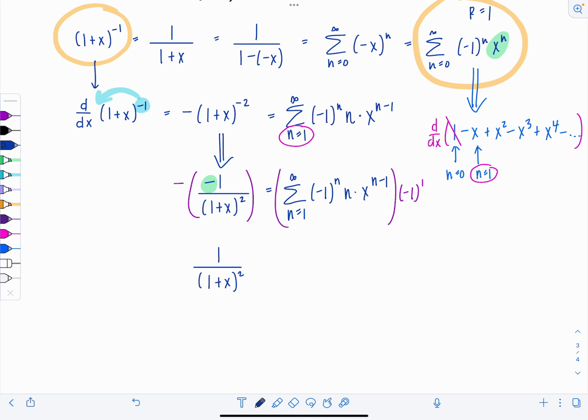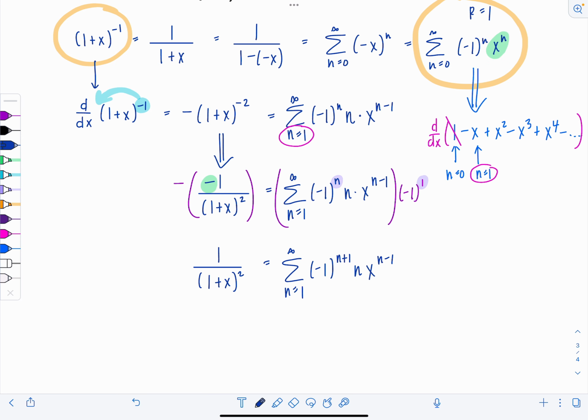So now I have 1 over 1 plus x squared equals the sum, n equals 1 to infinity. See how these two are going to combine? I have negative 1 to the n and negative 1 to the first. So that's negative 1 to the n plus 1 times n times x to the n minus 1. All right, and then you do want to try to have your final answer with x just to the n